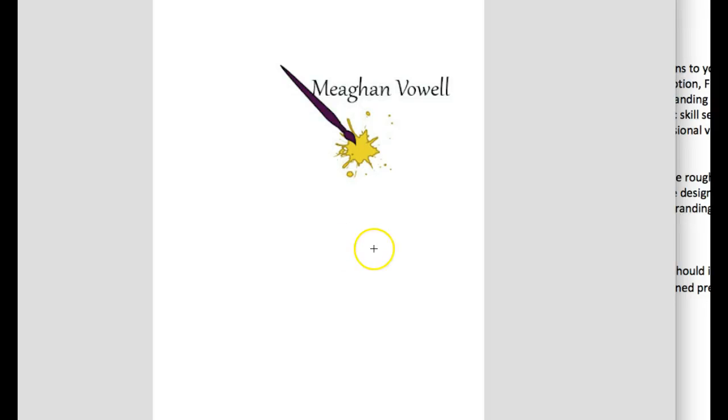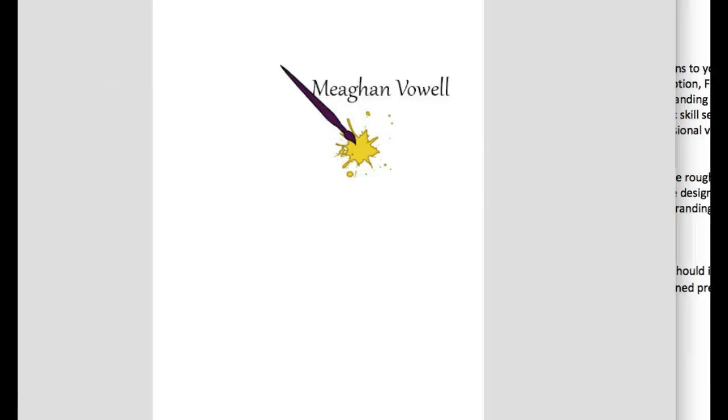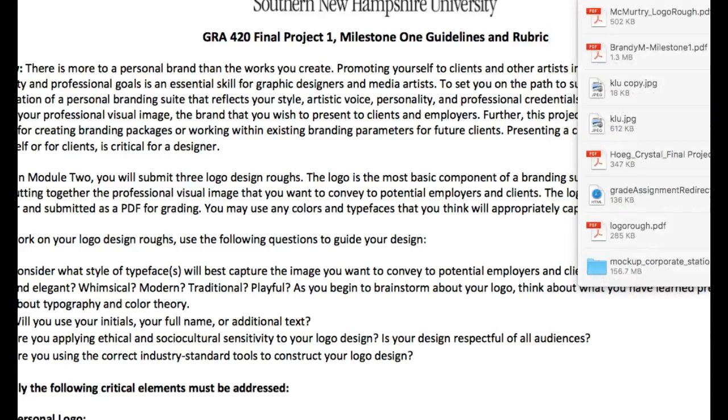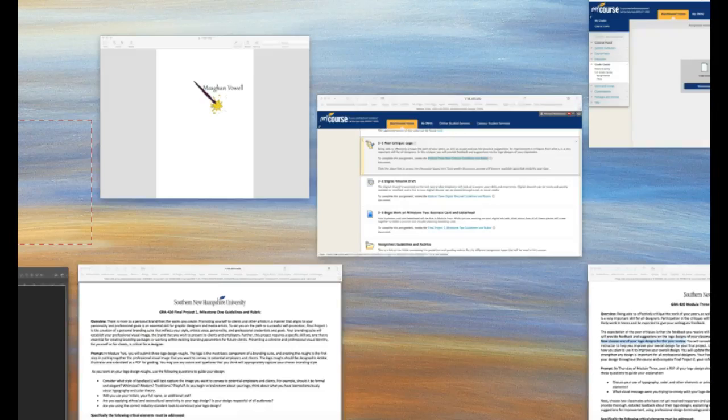Okay, for example, let's take this paint blotch. Let me see, hang on one second. Yeah, you created this in Photoshop. I believe you did include the PSD with that. Yeah, you did. So, yeah, this is a PSD.